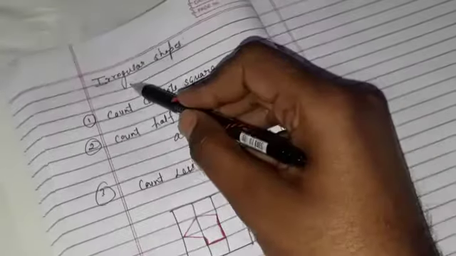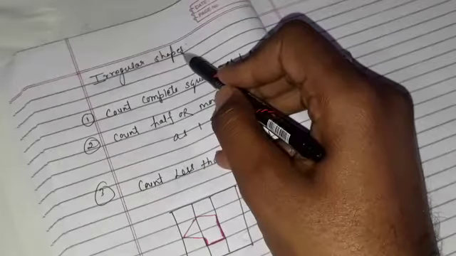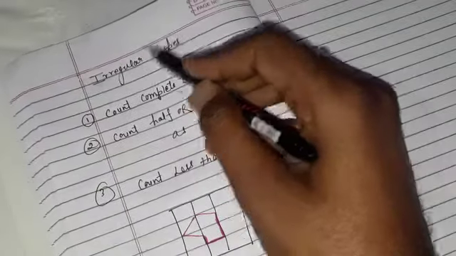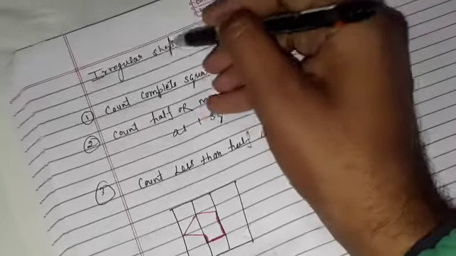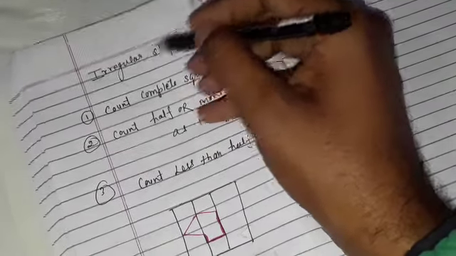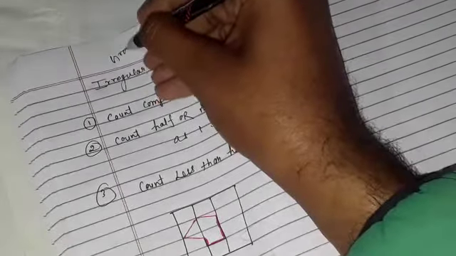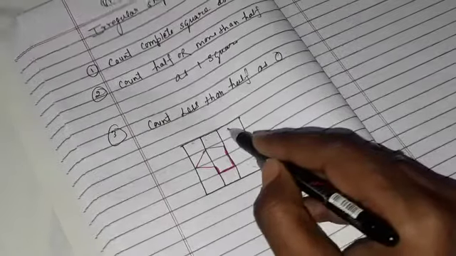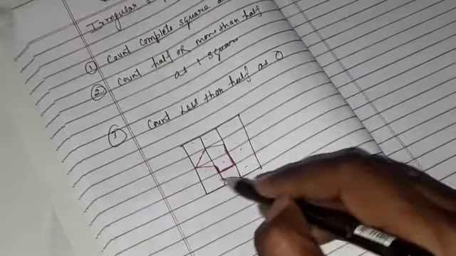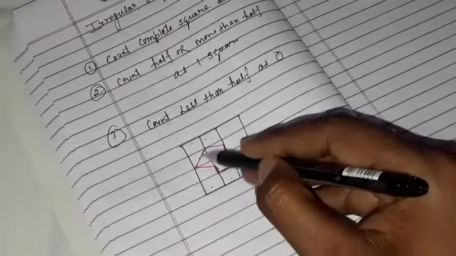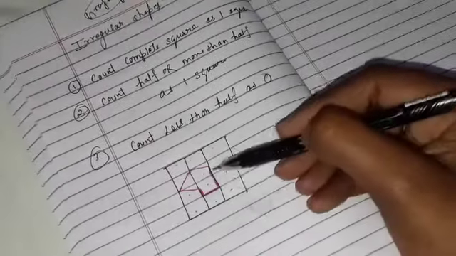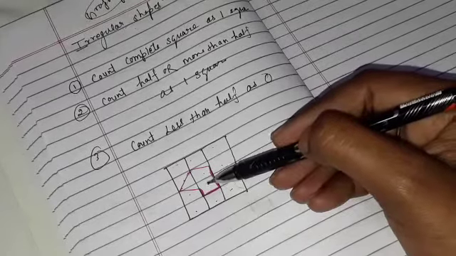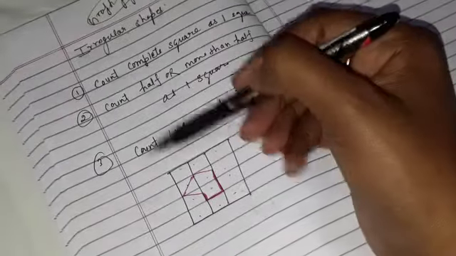So class, to calculate the area of irregular shapes, you first have to understand that you can calculate it using graph paper. Are you all aware of graph paper? This is your graph paper, it looks like this, with squares. These are the boxes or squares of the graph paper, and suppose this is your shape. So how do we calculate the squares in this shape? For that you have 3 rules.